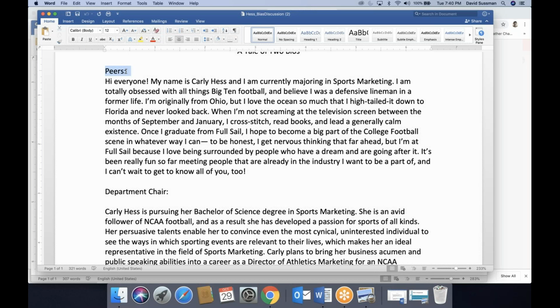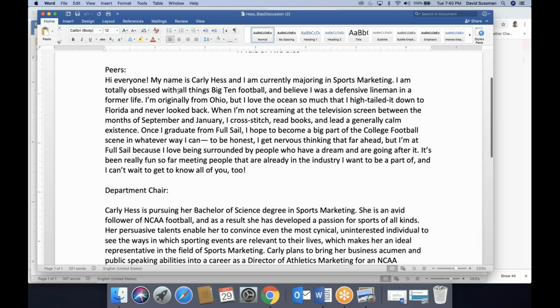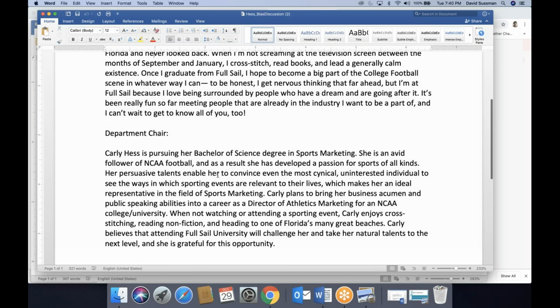Here's her paragraph aimed at peers. She's using first person. Again, even punctuation wise, that's not usually acceptable in professional or formal writing. But again, she's speaking just conversationally. She's following the rules of grammar. It's professionally written, or maybe I shouldn't use the word professionally written. It's well written. Okay. And then here she covers the exact same information, but does so in third person. Okay. So you have to do the same thing.